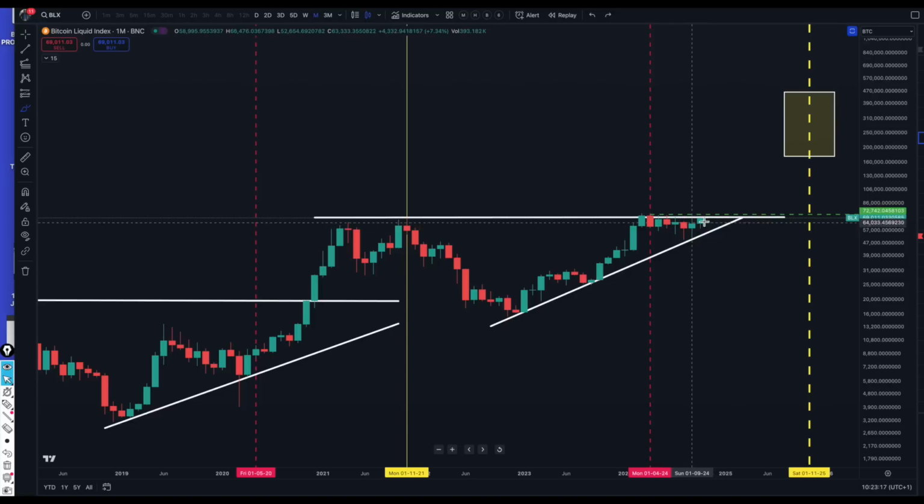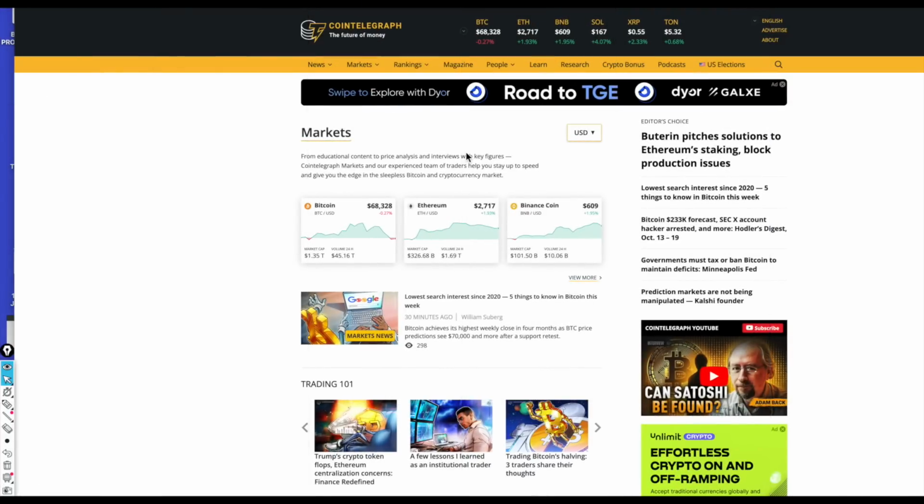And because Bitcoin is coming up to a very critical level at around about the 69,000, and we'll have a look at the possibilities and the probabilities of it actually breaking through this time. There are many analysts giving predictions as to what the price may be. And if we move on to the news, you can see here that some people are forecasting Bitcoin to get to $233,000. Now that there is a possibility of Bitcoin breaking through the previous all-time high at 73,800, you'll see a lot of figures being bandied about. And this is one of the reasons why I wanted to cover it, just to show you from the facts in the charts only, not from somebody's predictions based on hunch and feeling and emotion, but just based on the charts, we're getting different types of figures.